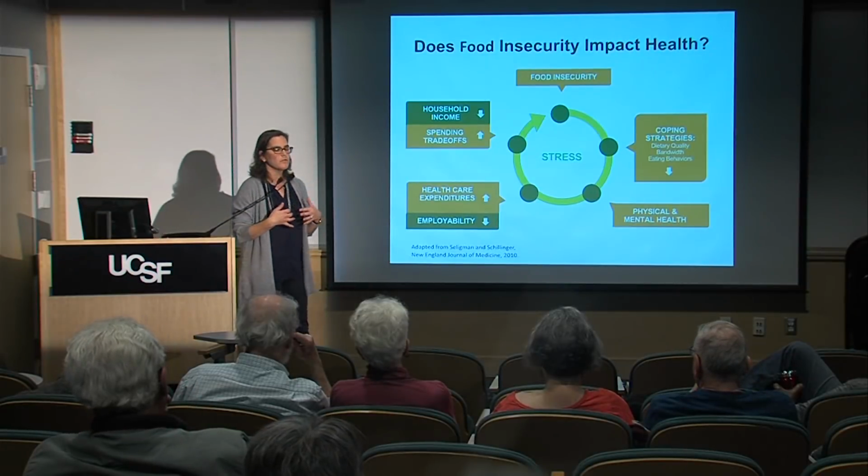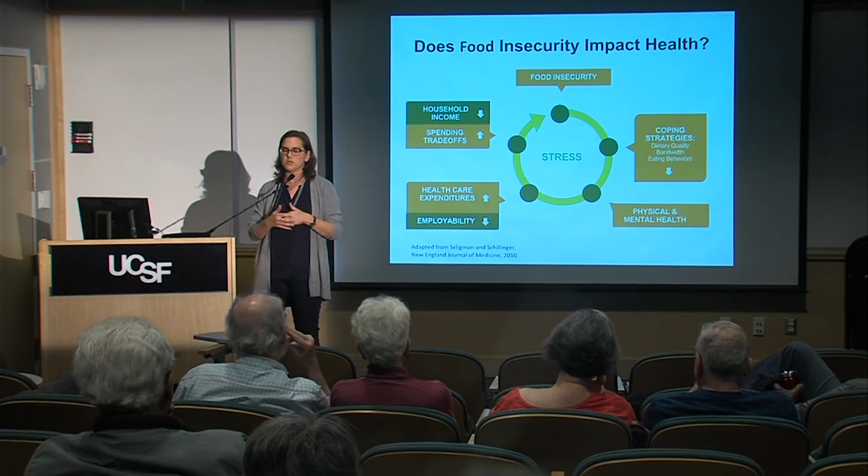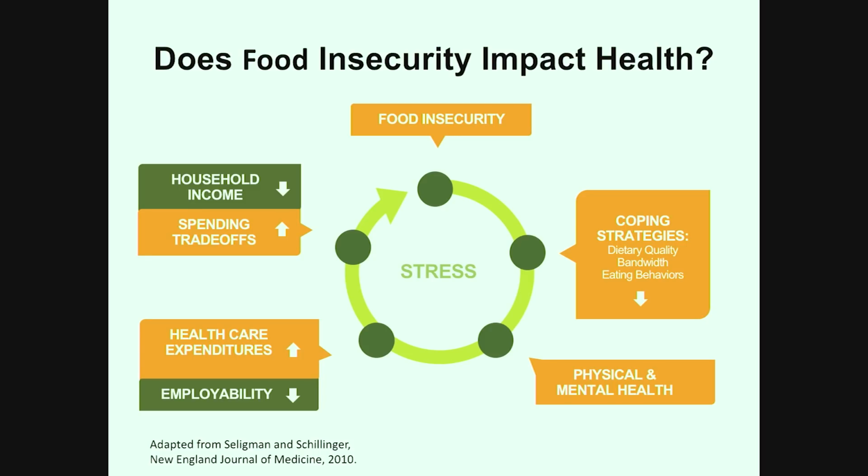So this is the framework that we work with in understanding the relationships between food insecurity and health. And we'll start at the top of the slide. You start in a food insecure household, and we'll talk about this a little bit more later, but exposing a household to inadequate income for food is one of the most stressful situations that you can put a family into. And so all of this is happening in the context of, generally, a lot of household stress. And then in that food insecure household, people are engaging a number of coping strategies that we've talked about and we'll continue to talk about that are adaptive in the short term because they help you avoid that sensation of hunger, but sustained over years or decades, as food insecurity generally is in the US, will predispose you to poorer